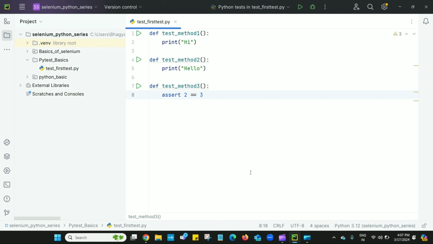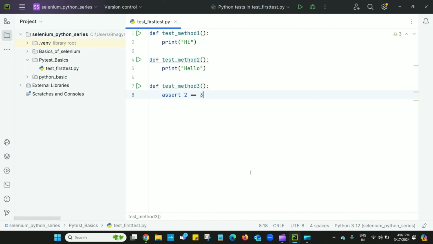Now consider a real scenario where we will have multiple test files and each file will have a number of tests. These tests will cover various modules and functionalities like smoke test, sanity test or functional test. So a number of modules are there. Suppose we want to run only a specific set of tests, then how to do it?